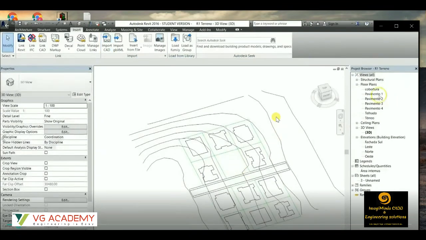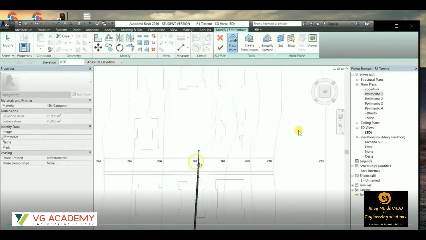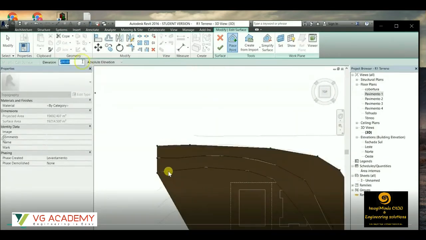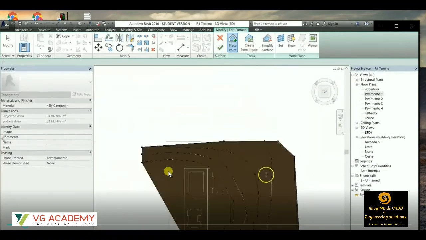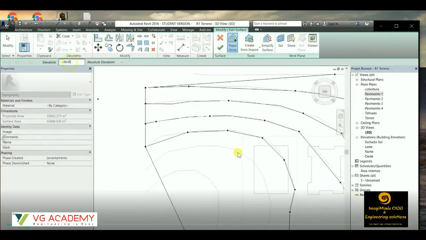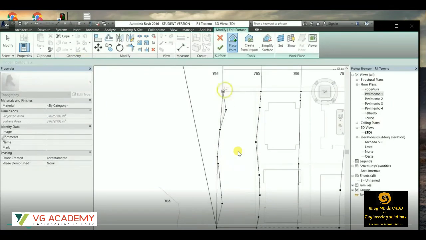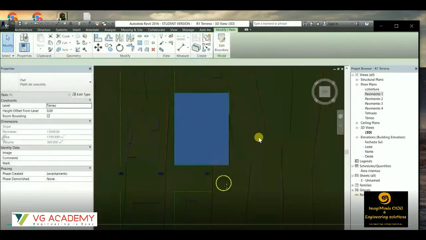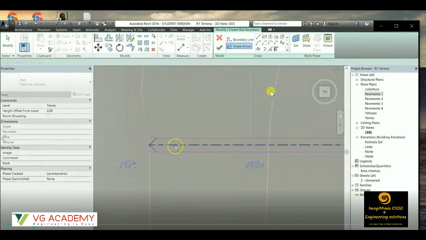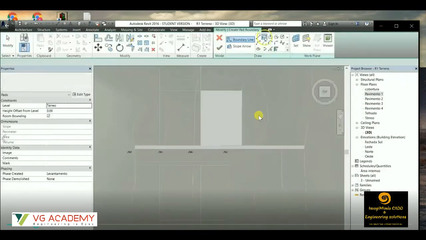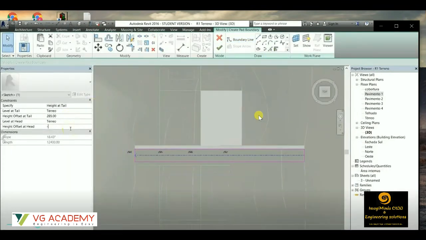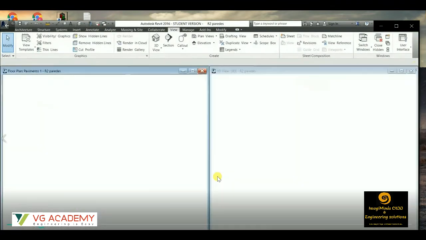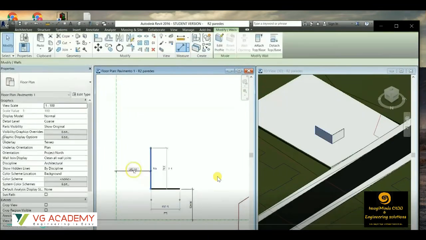After we are done creating the levels, we can import plans from AutoCAD. This is the AutoCAD plan. We can generate the surface according to different elevations, right? These black dots are actually the elevation points, so you can give the exact RL of that point. Once we are done with that, let us say we'll be creating a surface, a building pad, you can say. After we create the building pad, we can create a road type as well. You can show the road to the plot. So after that,